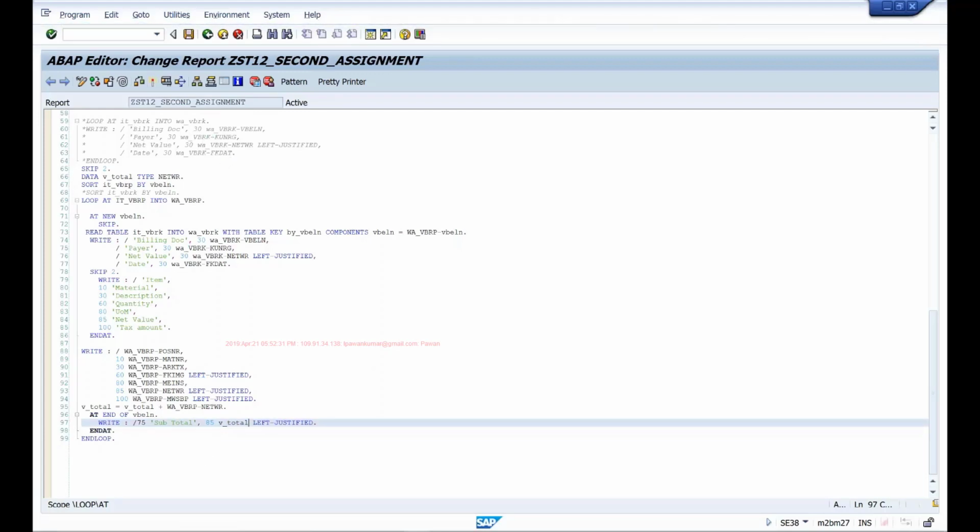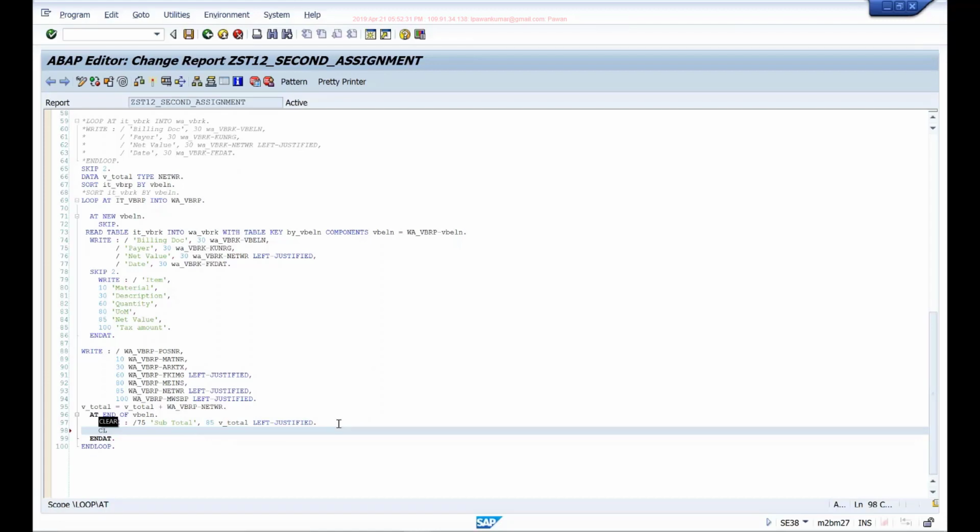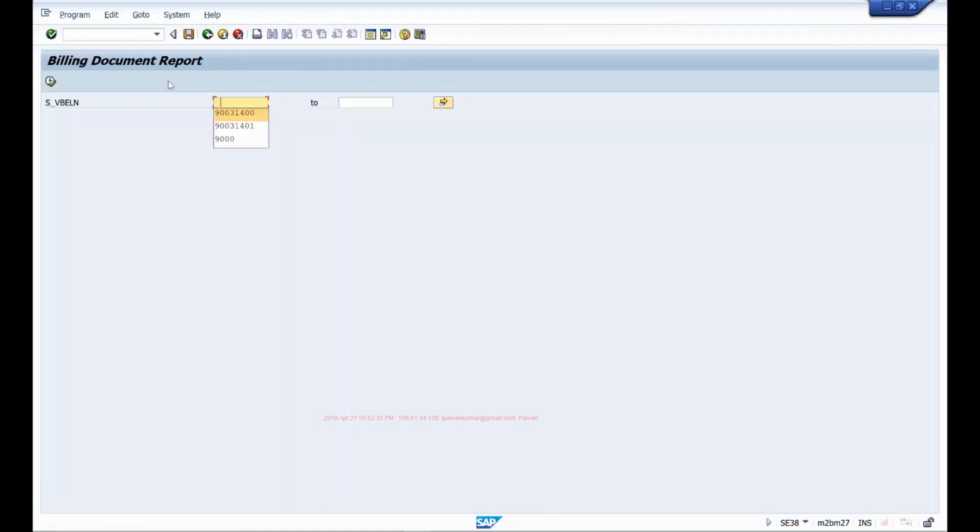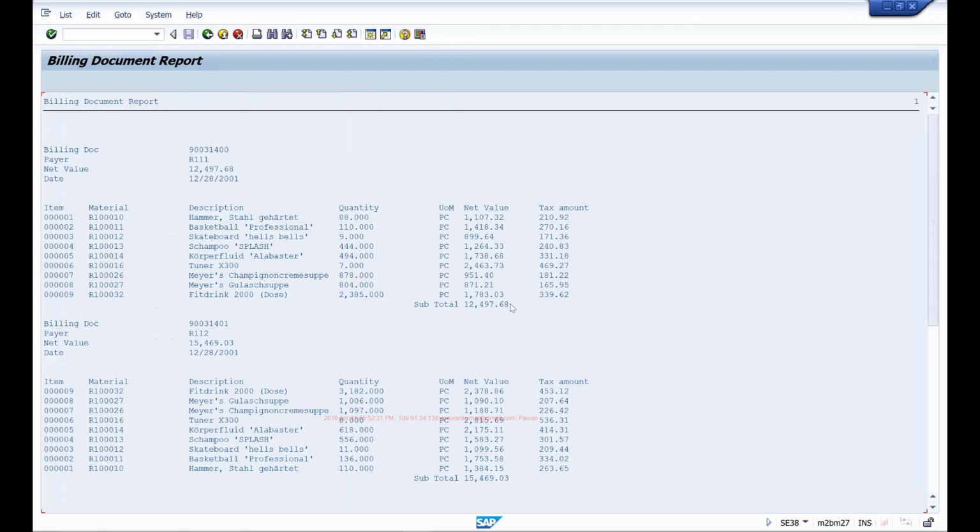So now, instead of relying on the header's net value, I'm summing up the item net value in each loop, and once I print that, I have to prepare the v_total field for the next document. So I'll clear v_total, so it resets and starts again for the new document. You can check in debug mode to understand exactly.